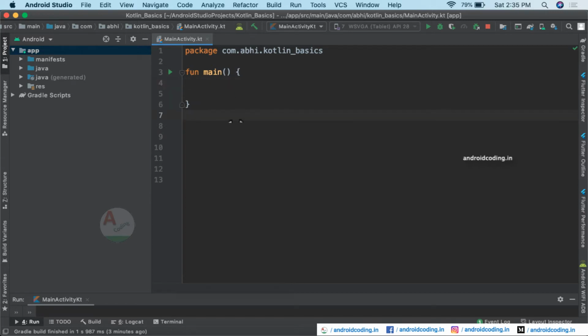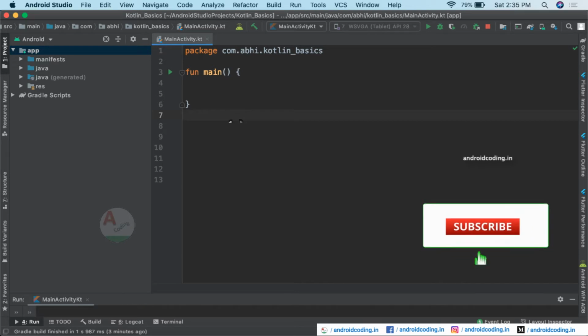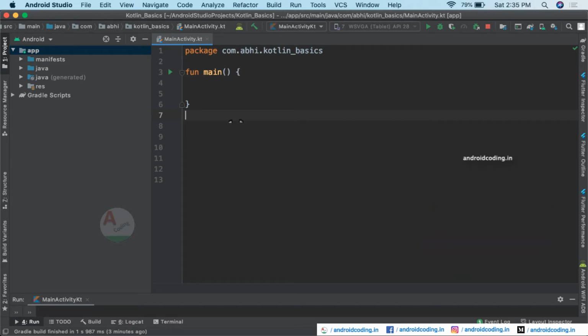I just want to make sure you understand the concept thoroughly, so I am using a simple example and trying to explain how it works. Don't skip any part of this tutorial. Here we are trying to create a function. I want you to know the difference between a normal function and a lambda expression based function. We'll start by creating a normal function, and thereafter we convert it into a lambda expression based function so that you will thoroughly understand this concept.